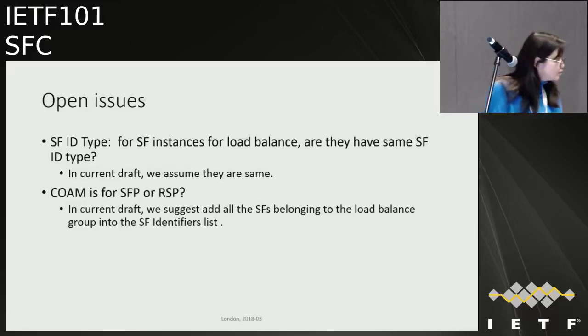Well, the point is, if you want to measure the RSP, you have to have the flow identifying information in the packet, because the RSP is what path this packet would take. And if you want to identify that, you have to have the information that the SFFs need to make that decision. Now, in some implementations, SFPs and RSPs are always 1-1. Well, then the question isn't meaningful. But when they're not 1-1, it is specifically because some of the SFFs are paying attention to the flow identifying portions of the packet header, and you need to include that.